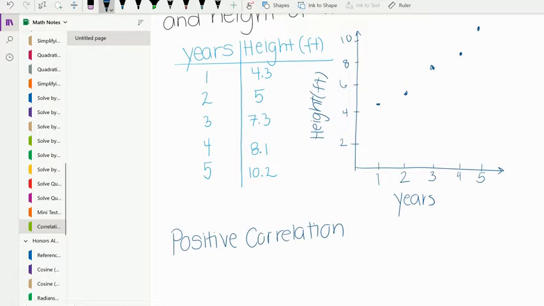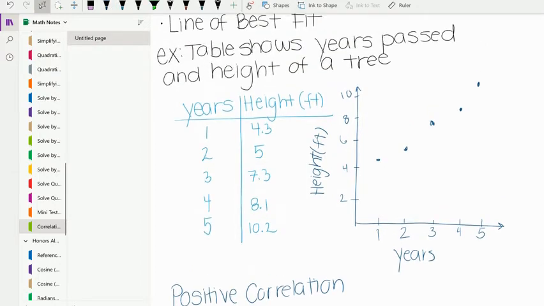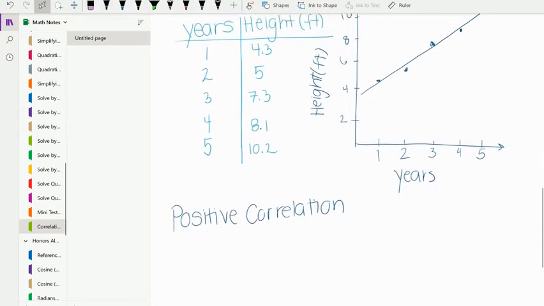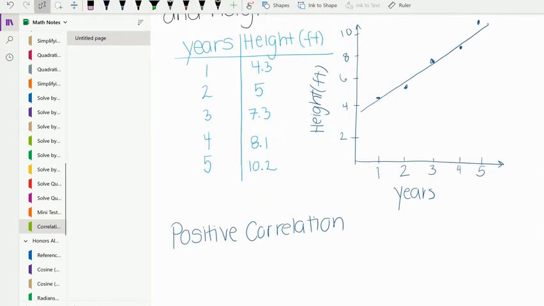So in order to create a line of best fit, the first step is to actually draw a line that goes through most of the data points. I would try and use a straight edge, again, that goes through most of the data points. So something like that. You don't want to connect the dots by going like this to touch each data point. You're just drawing a line using a ruler that goes through as many points as possible.